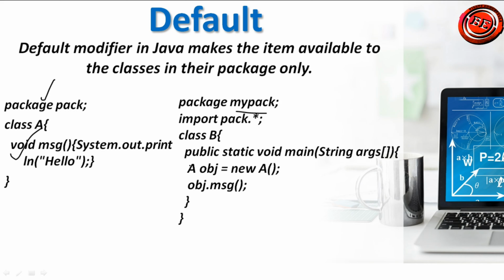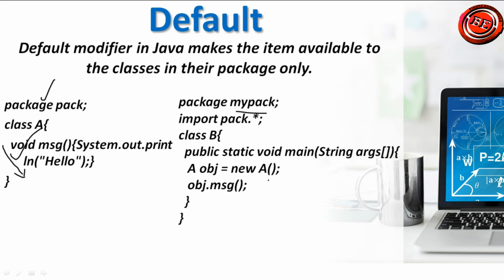When we use a default modifier here, you may doubt where the default modifier is present. Initially we can declare a class as public, private or protected, but if you don't give any of public, private or protected, that particular class is termed a default class. So the method names or variables present in those classes are termed default modifiers. Here we don't mention any modifier, so it is considered a default modifier.